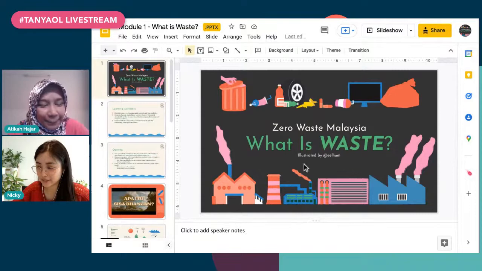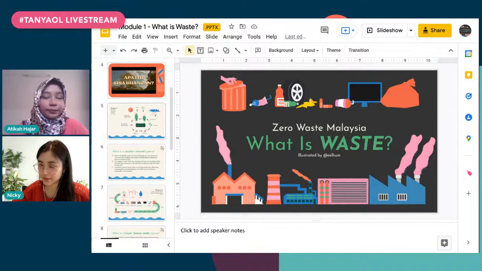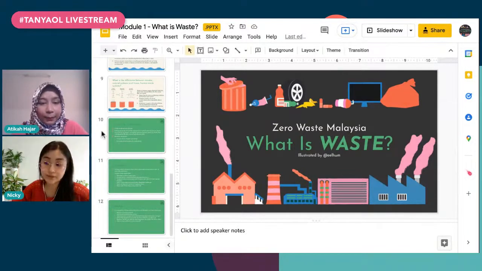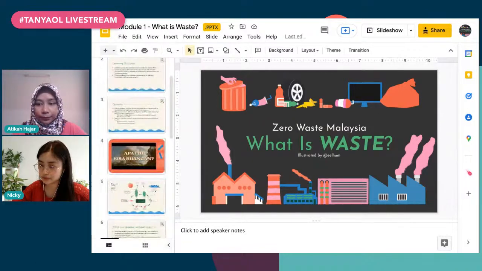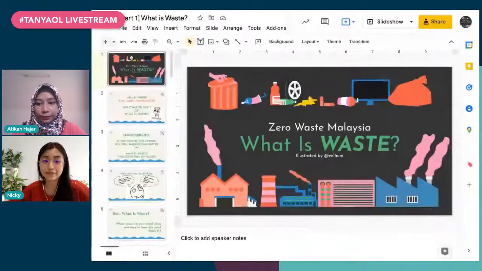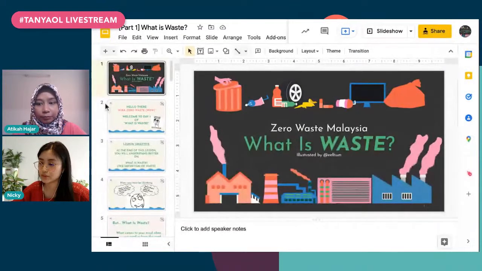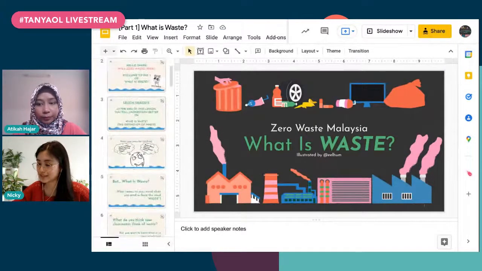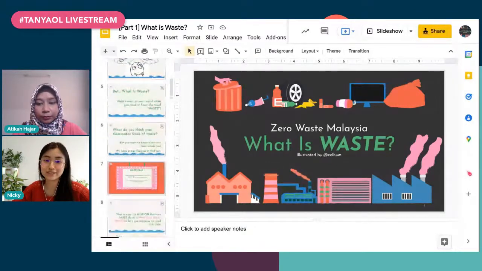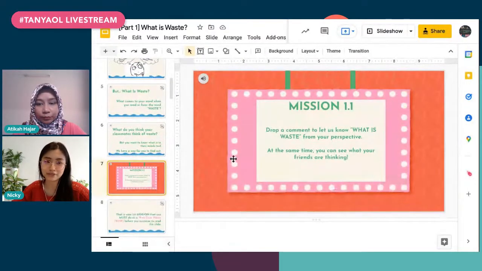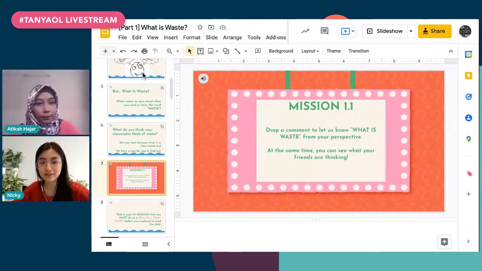So you can see here, this was the original slide deck that we were handing out to people to use in their classrooms, and this is what it was turned into in order to deliver it via Telegram. What these slides did was break down the original slides into mini bite-sized missions that could be completed every day. They were sent out every day via Telegram with the team of facilitators that we had hired.